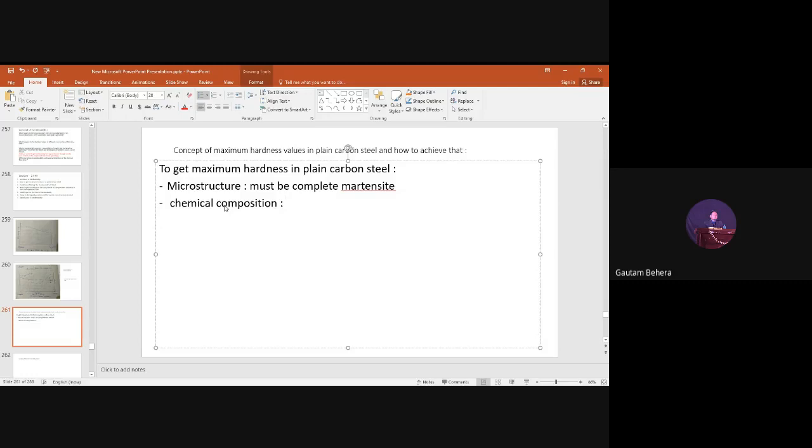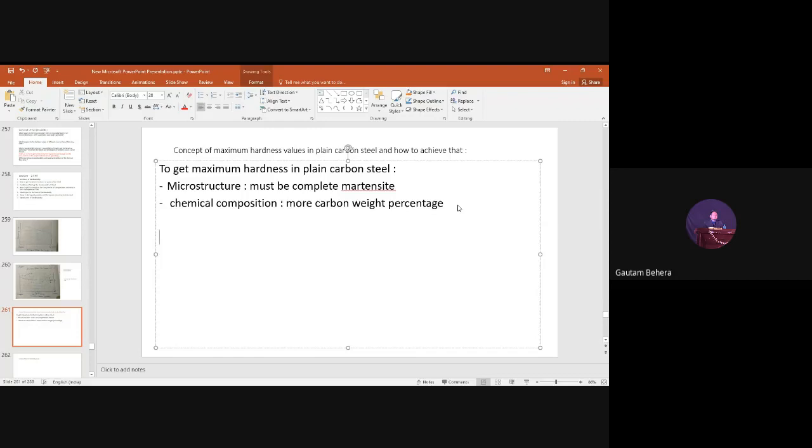So what you want to say actually? Tell it clearly. Okay, fine. Very good. Chemical composition means more carbon weight percentage. So these are the basic things you understand. That means more is the weight percentage of carbon, more is the hardness value of the plain carbon steel, and